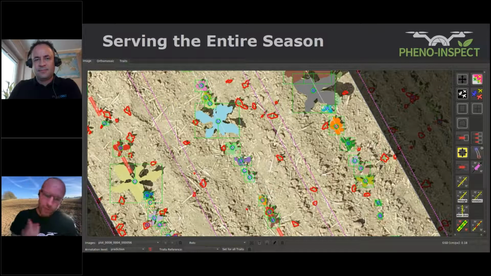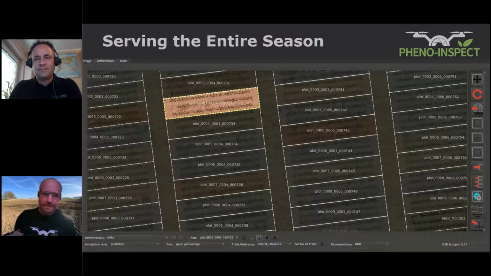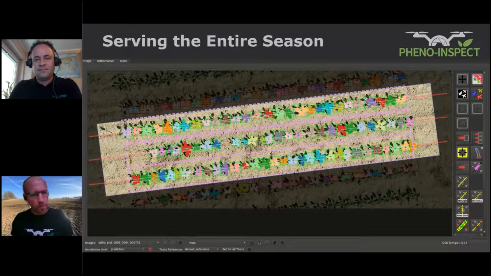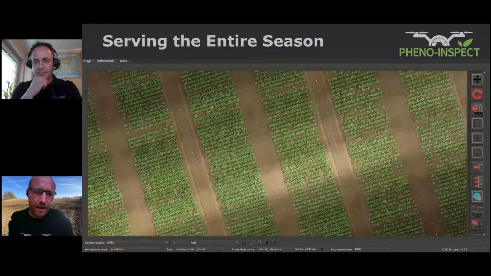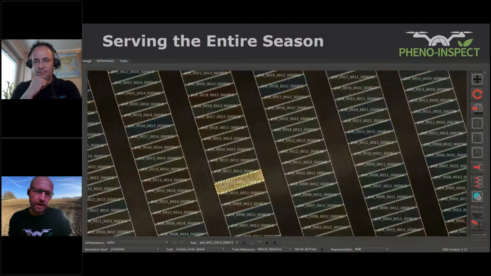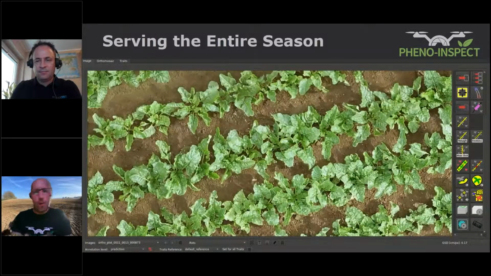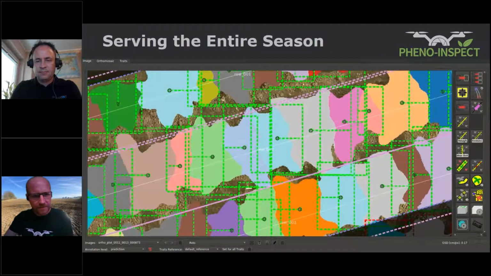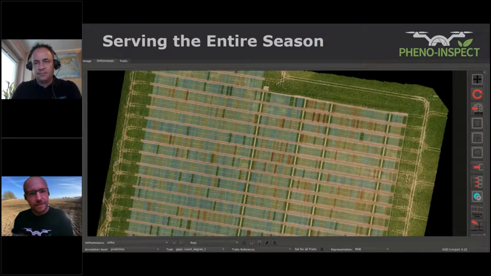So now emergence is in the very beginning, but what happens later in the season? Later in the season, the plants start to grow more and more, they get bigger, they overlap each other. At some point in time, you have the complete closure of the canopy. Still, plant count is always an important trait because now you want to know how many plants are still there, how many survived, and how many contribute to your yield